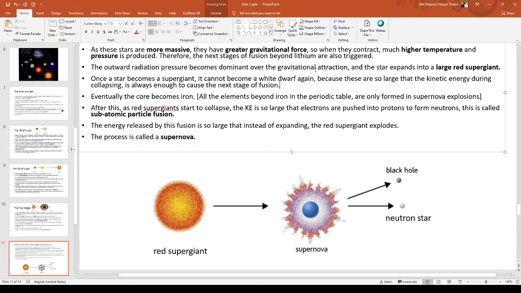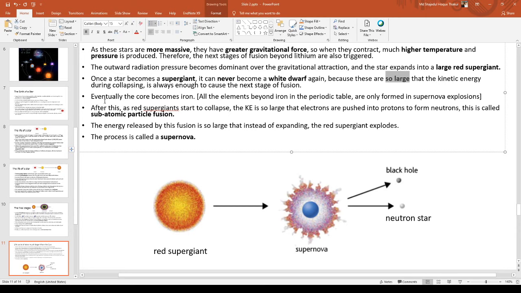Now, once a star becomes a supergiant, it can never become a white dwarf again. Remember this. Why? Because these are so large